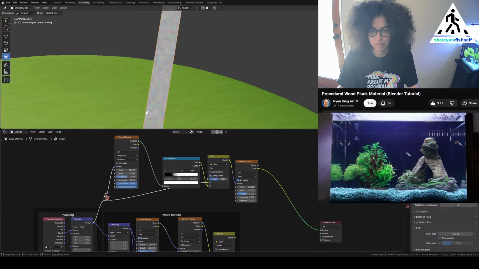Now what I want to do is take this mix here, and I'm going to change this to the linear light. So change it here to the linear light,